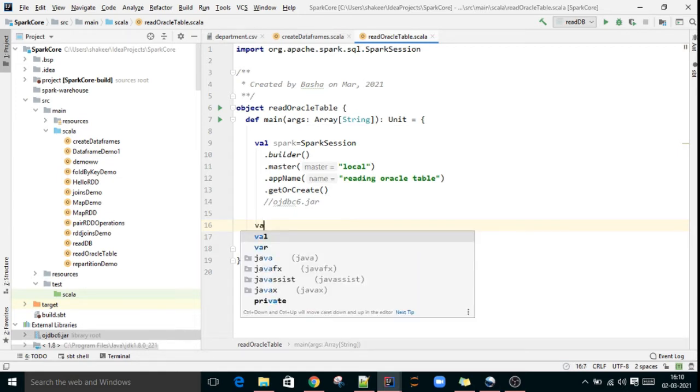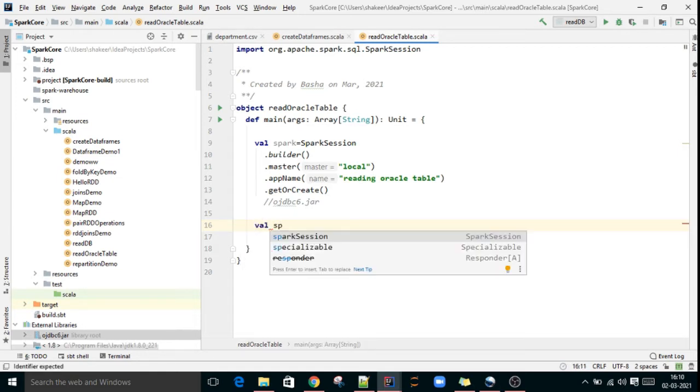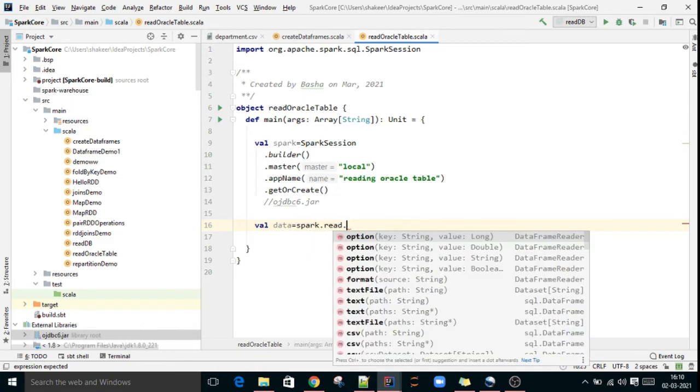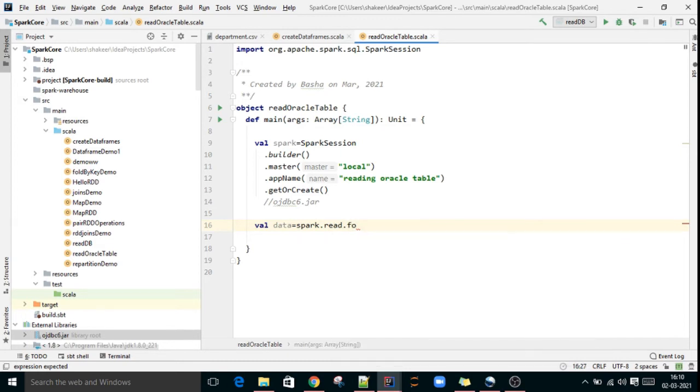Then as usual we have the Spark API: val data equal to spark.read.format. Here we have to give JDBC, since we are importing using a JDBC connection.